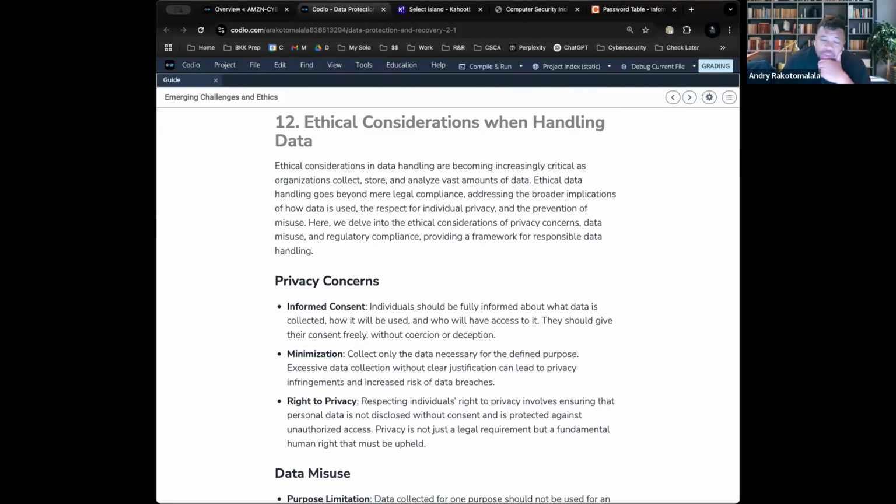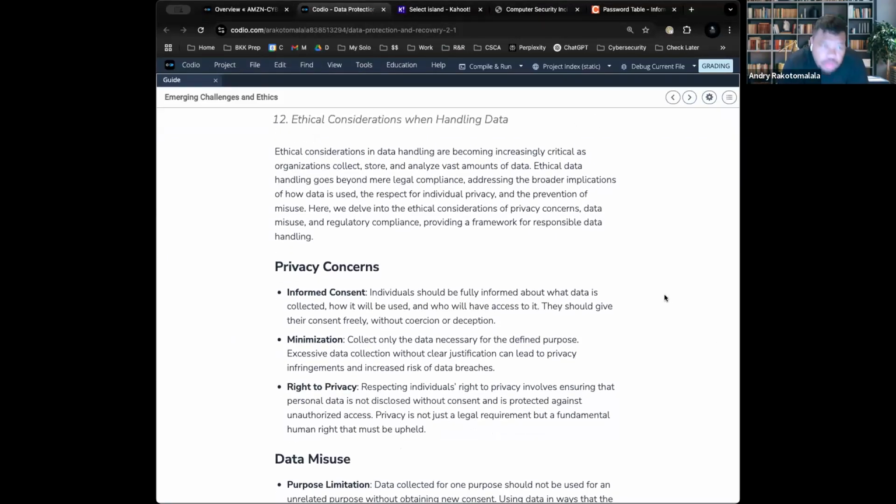Ethical considerations when handling data. Well, remember we talked about ethics before. I don't think I need to hammer that home. When it comes to ethics, specifically data, just because you're collecting and analyzing data doesn't mean you should be collecting and analyzing all data. If people give you their email or their information, it's like someone is telling you a secret that only you should know. So it's up to you to handle it with care, trust, and security, right?